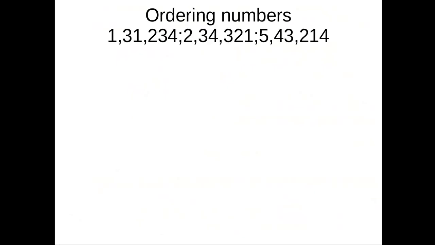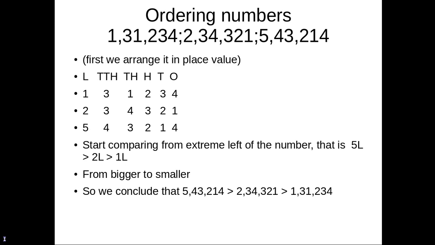See, ordering numbers here: 1,31,234 and 2,34,321, and another number is 5,43,214. See, first we arrange them in their place values: lakh, 10,000, 1,000, 100, tens and ones. First we arrange this number 1,31,234, then the other number 2,34,321, and the next number